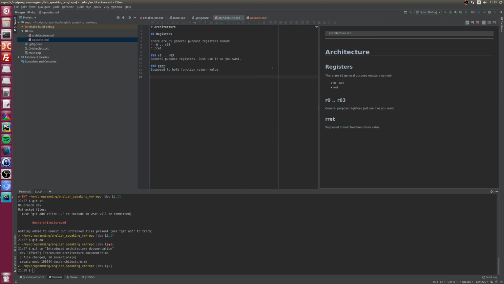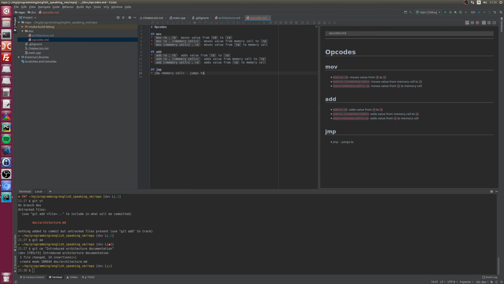Okay, let's add another register here, RIP, so the virtual machine will execute the code, that is, the next opcode that RIP is pointing to.